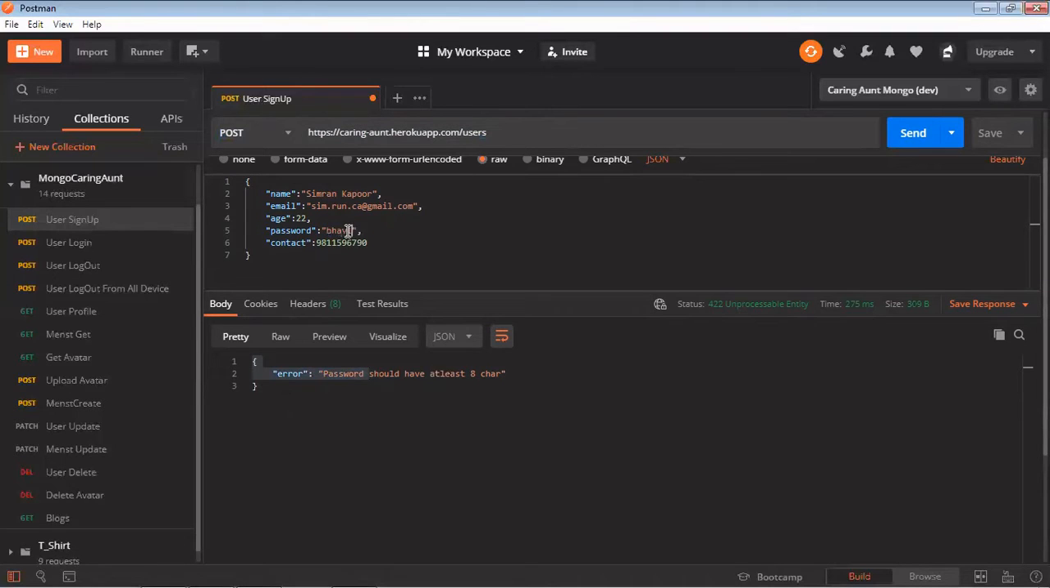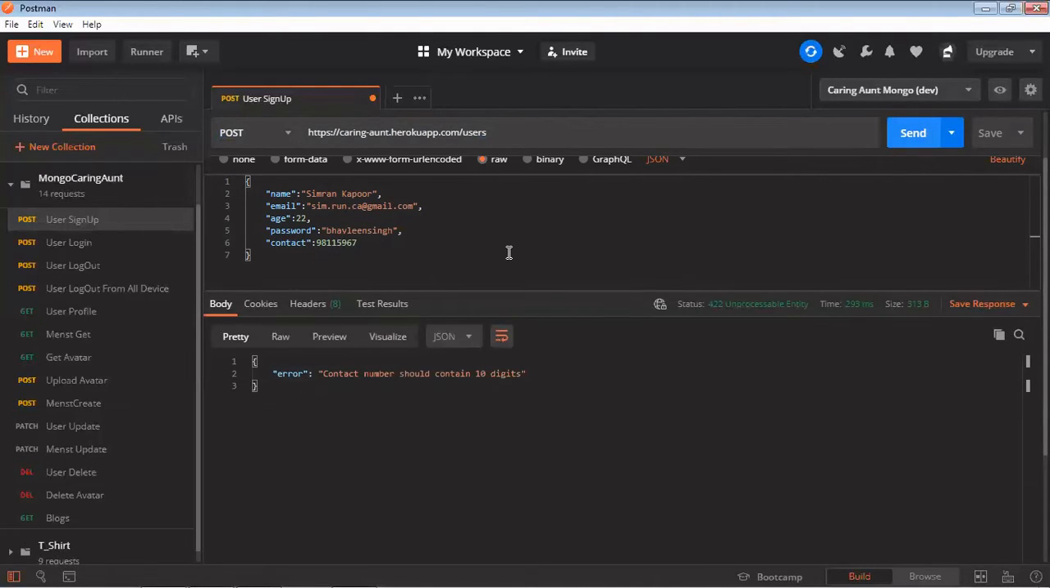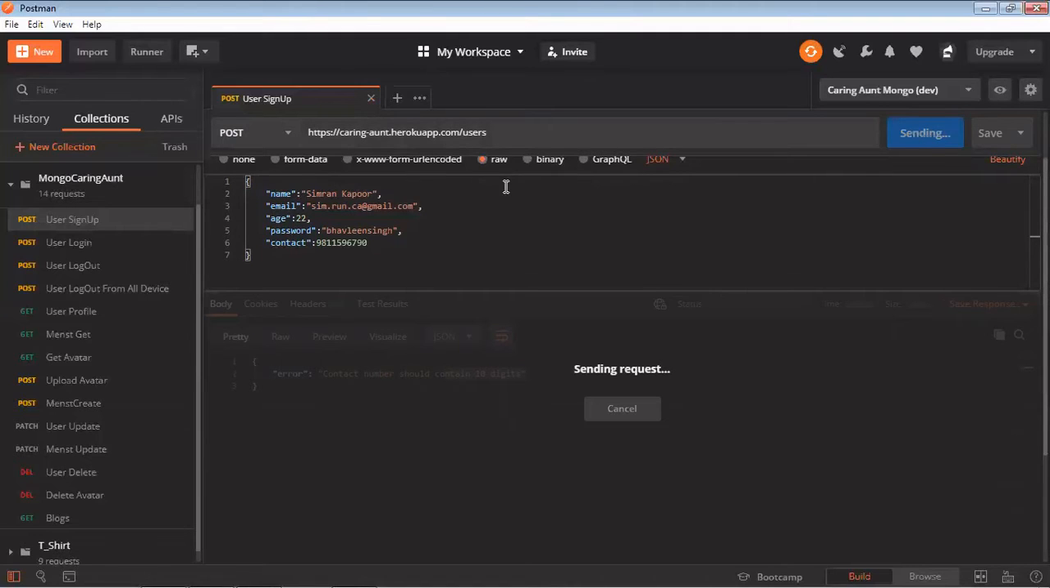Let me give my name and the password, and you can see that the phone number is also a very important key in this website. We are not allowing the user to give a wrong phone number with fewer digits; we are requiring a 10 digit phone number. This is the standard phone. So once we send all correct